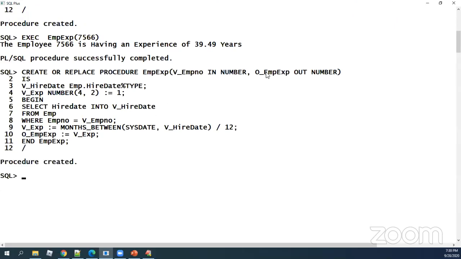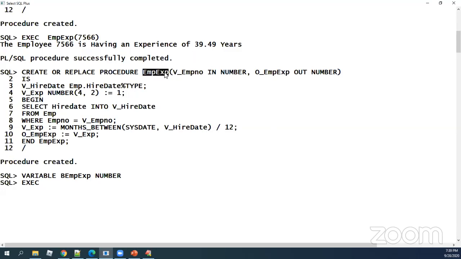Now, since we have an out mode parameter, we cannot directly call this procedure in a standalone mode unless we have some variable that can carry that out mode. So I'm declaring a bind variable, b_employee_experience, number. Now I'm going with my execute.